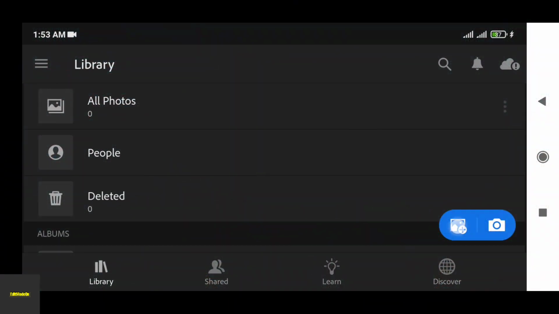So let's get started. First, you need to import a video from here. Then you can edit it.